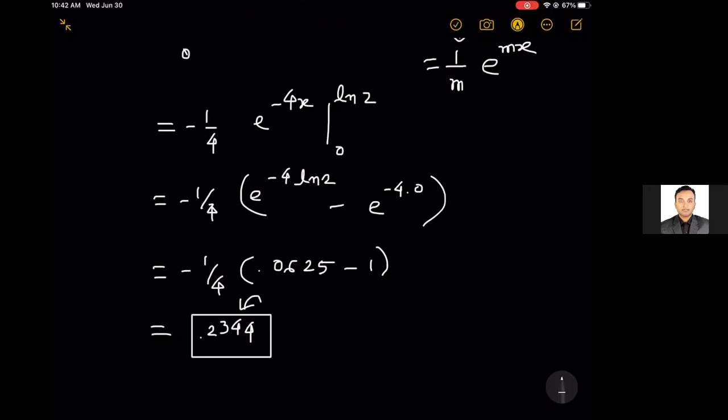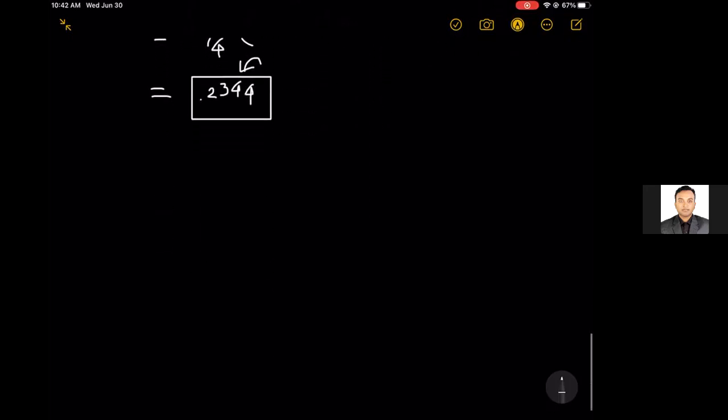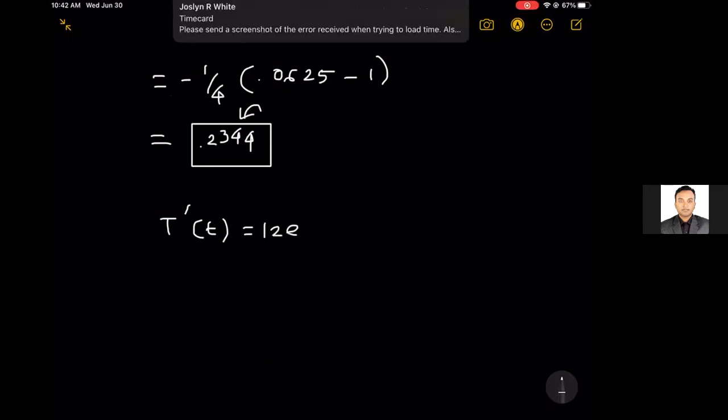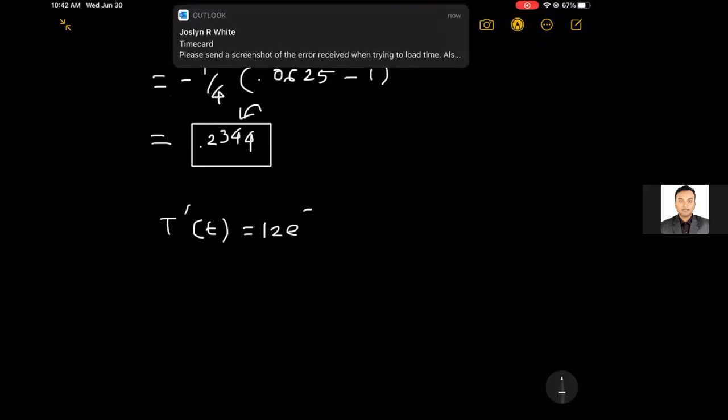Okay, so let's say my temperature, I mean not my temperature, let's say the room temperature is increasing at the rate 12e to the negative,